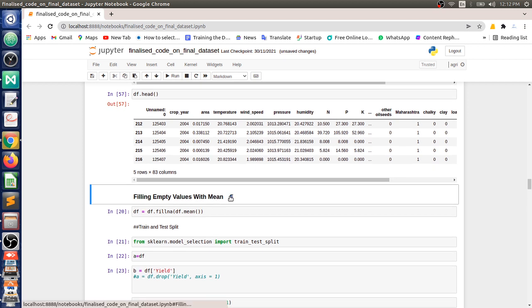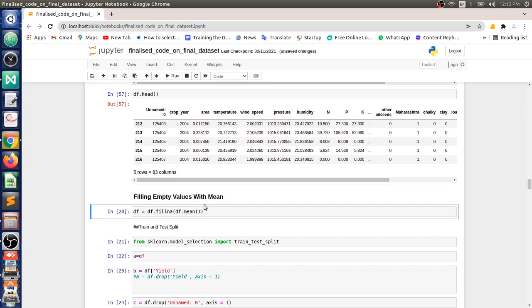As I mentioned before, if there are any null values in production, we drop them, but we created yield from production. If production was empty, now yield will also be empty, but the rows will be there. For that, we fill those data frame rows with mean values. For example, in this area column, if there is any empty data, we fill it with the sum of all the area column values divided by the number of rows. That is the mean, and using that mean we will replace the empty values.